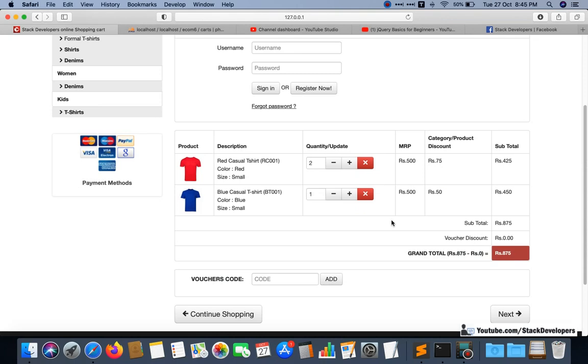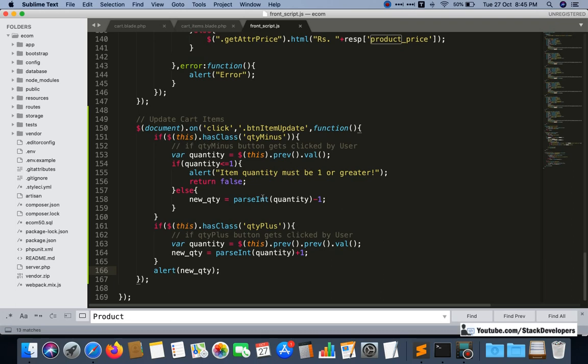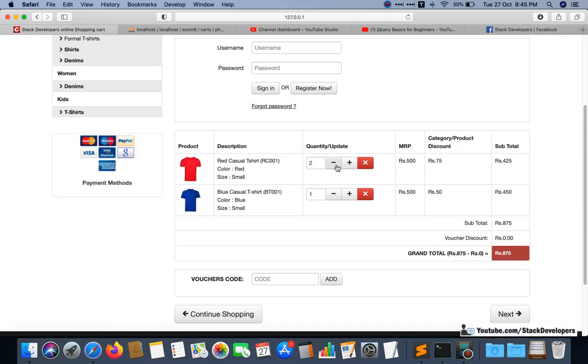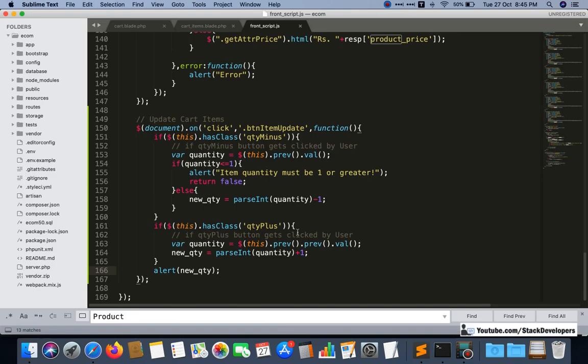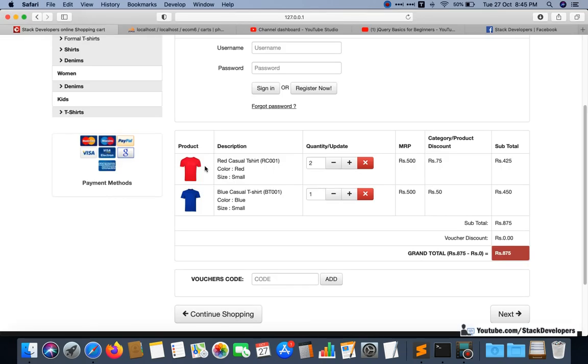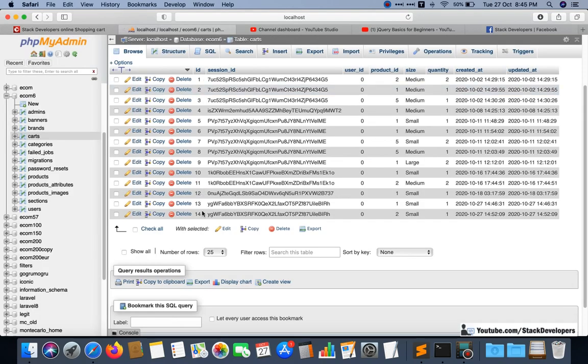So we are able to get the new quantity with both minus and plus. Now we also need to pass the cart id as well. Cart id is this one.